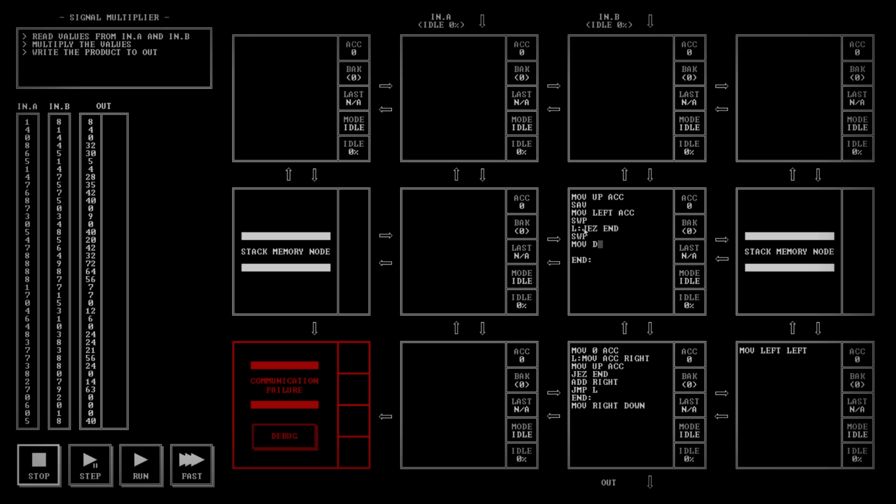If I move that to down, move accumulator to down, if I swap again, I feel I'm doing too many swaps here, but subtract 1 and jump to loop. So, if that makes any sense to anybody,